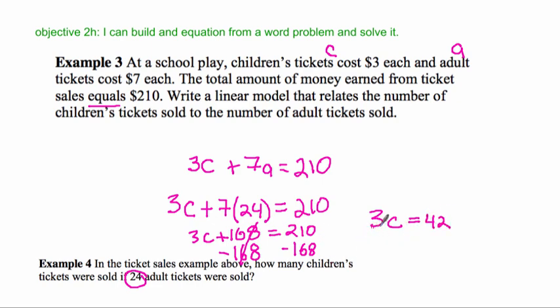And then our last step here, since our 3 is being multiplied by C, we're just going to divide by 3, and C equals 14. So we've discovered that there were